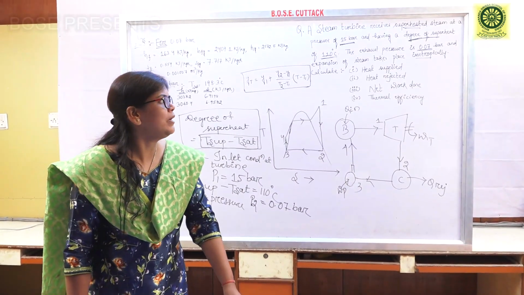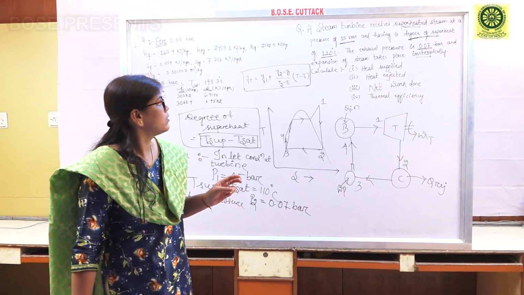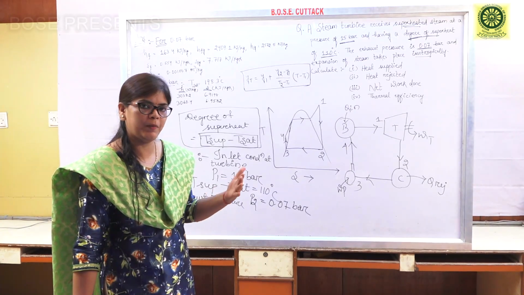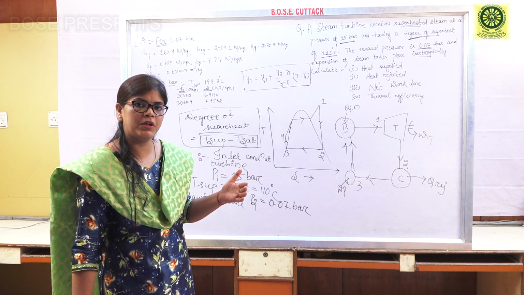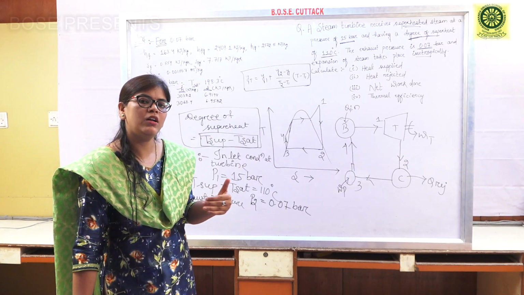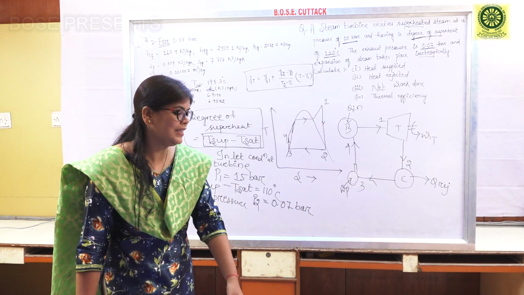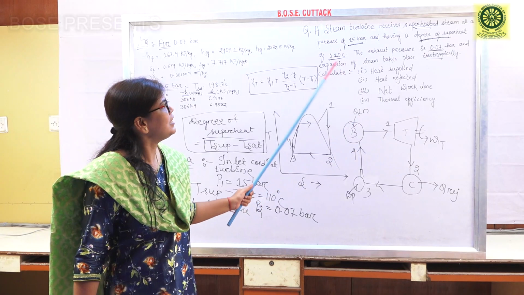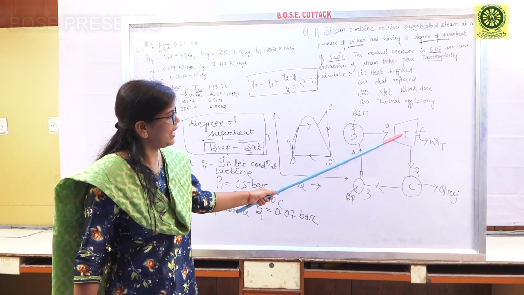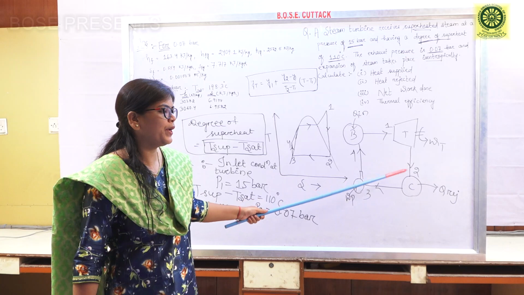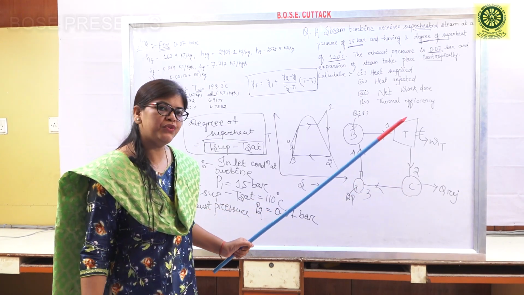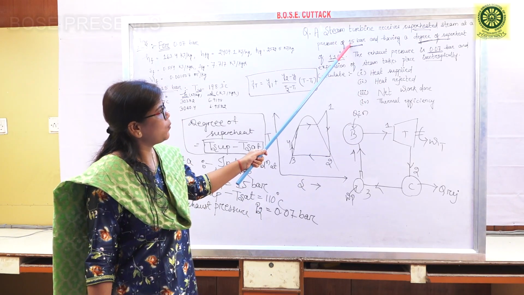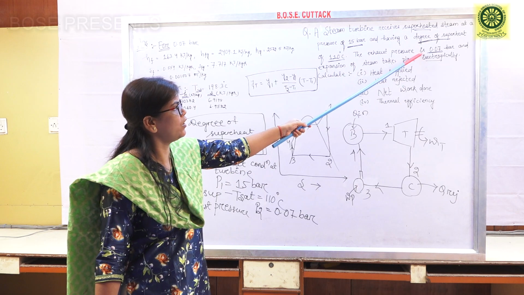And not only in this question but also in other questions you can see, usually for a Rankine cycle problem the most important data given is P1 pressure, that means the higher pressure, the pressure at which the boiler is adjusted and at which the turbine receives the steam inlet. And the other one is P2, that is the exhaust pressure from your turbine, or you can say your condenser pressure. So usually these two pressures are given. So here also, P1 is 15 bar and P2 is 0.07 bar.